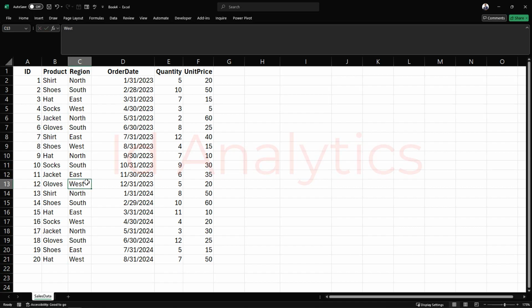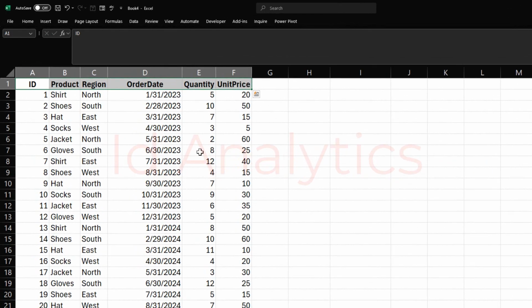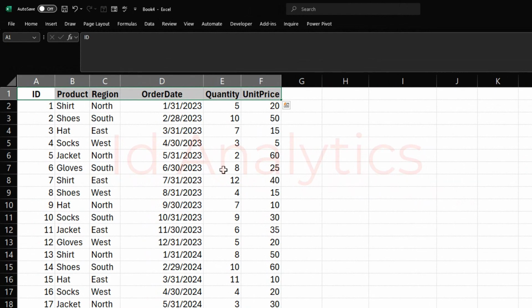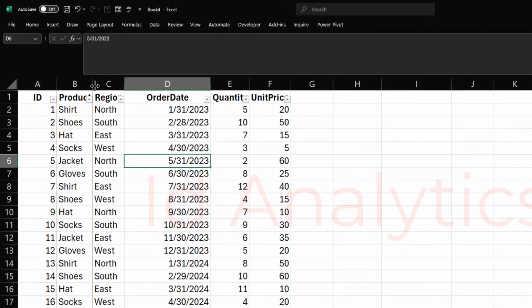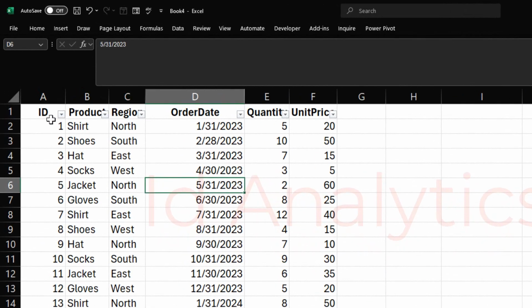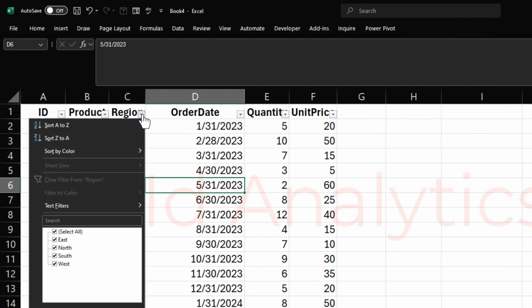There are a couple of ways to sort your data set, but what I typically would do is to look at my header row and then insert the filter icon. The shortcut to insert the filter icon is to press Ctrl+Shift+L on your keyboard. Once you press Ctrl+Shift+L, you see that we have these little drop down arrows here, and then if I click on the drop down for the region column, for example,